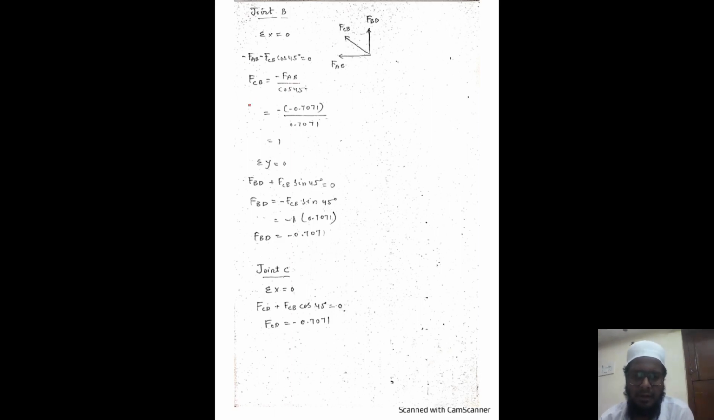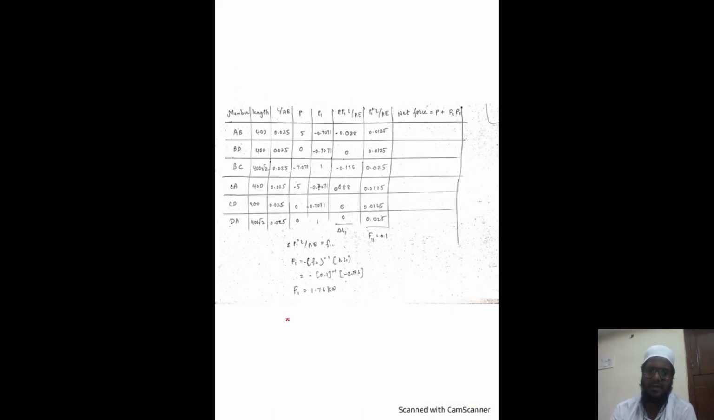Okay, so by replacing all these, we have calculated all the values of force in member AB, force in member CD. Similarly, we'll calculate sigma y is equal to 0 with the help of this one. We get the value of force in member BD and force in member DB or BD, both. Similarly, if you do joint C, you will get the force in member CD. So once you get all the values, what we do here is,